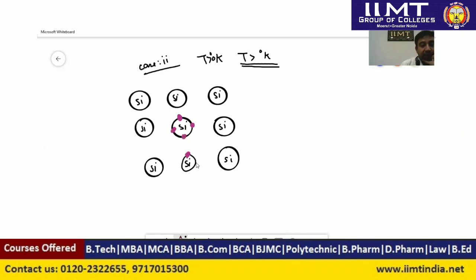Now this circle is an electron. Okay. Now this is a complete lattice. We are taking a small portion for explanation purposes. It is a 3-dimensional network in the whole crystal. If we talk about silicon, it's basically a face-centered cubic structure. Now, as temperature is increased, we will see actually what happens now.